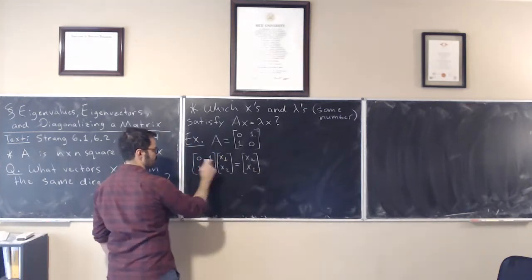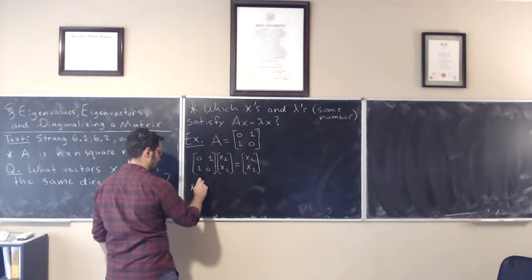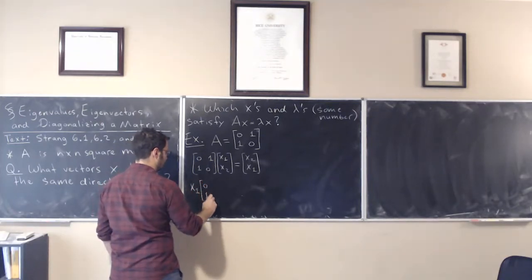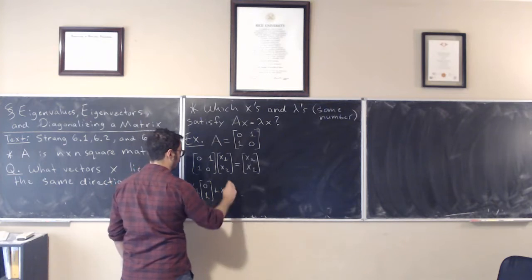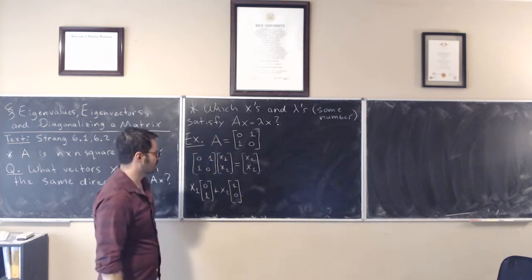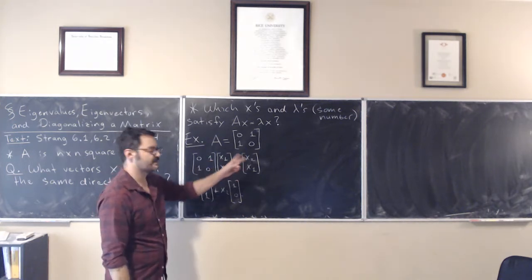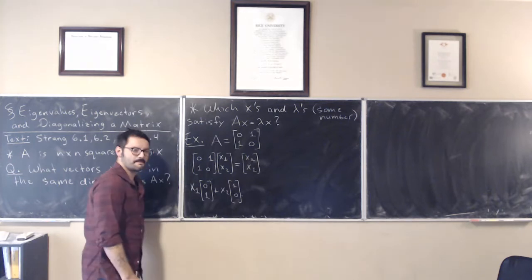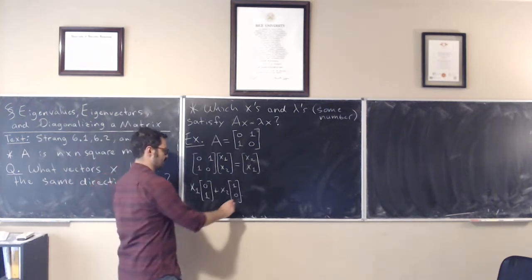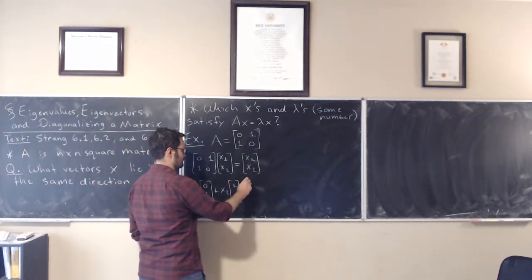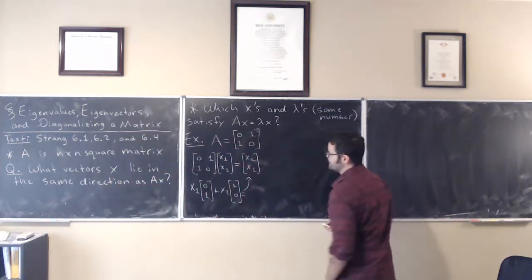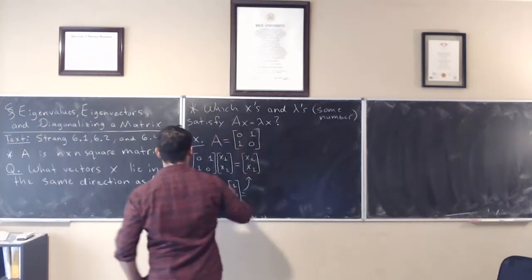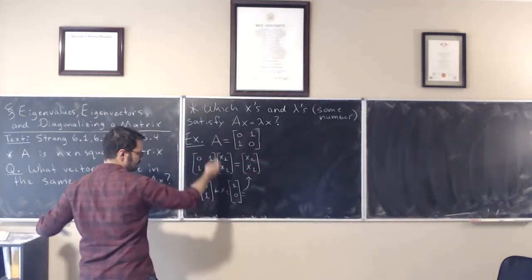Because it's x1 times 0, 1 plus x2 times 1, 0. So by permutation matrix, I mean it's just going to swap the x1 and the x2, right? You see that? So now that we understand that this just swaps the entries,